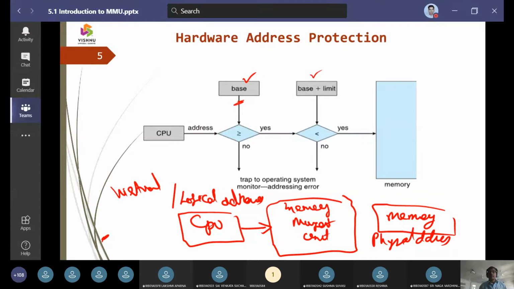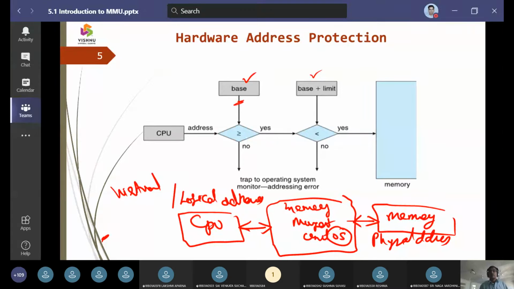Now you need a conversion mechanism, and this conversion takes place via the operating system using the component called the memory management unit. So this memory management unit is an interface which converts logical addresses to physical addresses, or vice versa. That means it can convert a physical address to a logical address.